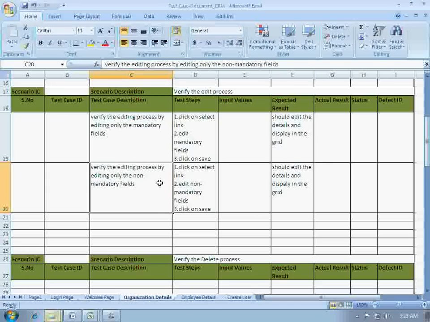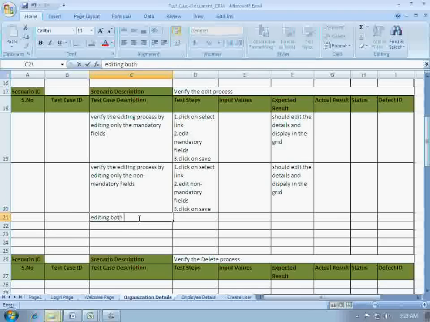And the third one would be editing both mandatory and non-mandatory fields.